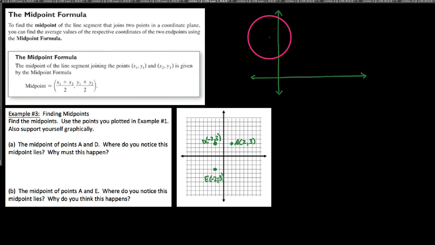Okay, YouTube, in our last video we looked at the distance formula. In this video we're going to focus on the midpoint formula. And so what we're going to concern ourselves with here is the ability to say if I have 2 points